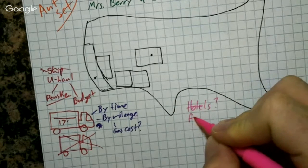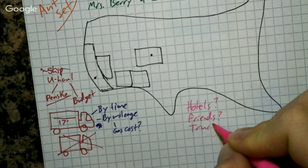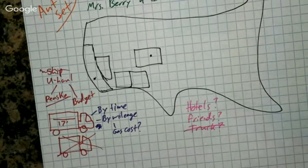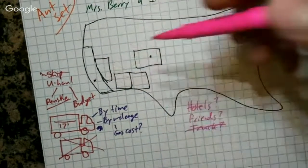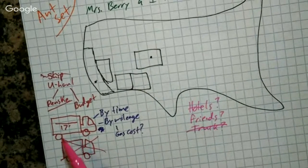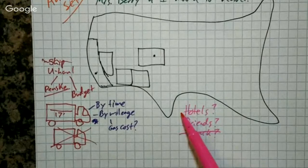Are we going to stay with friends? Are we going to stay in the truck? Which, no, we're not going to stay in the truck. Hotels or friends. Now, do we have friends that live in all these places? So what we eventually decided was we were going to use a U-Haul truck. And since the U-Haul is kind of an expensive choice, we were going to try and not stay in hotels